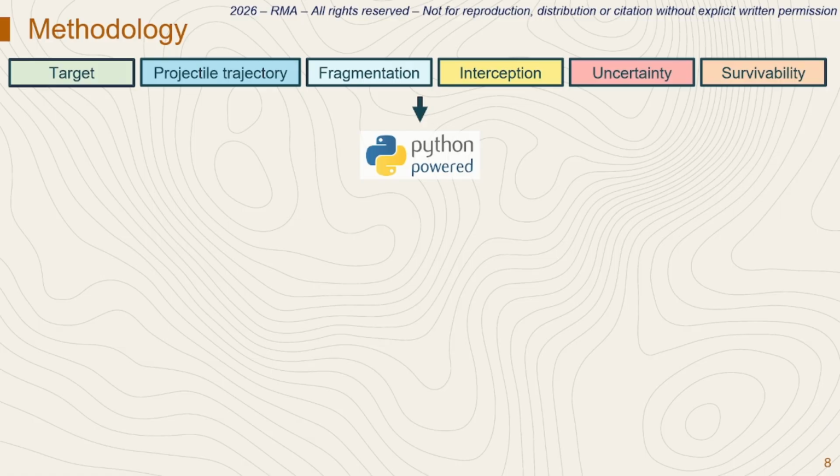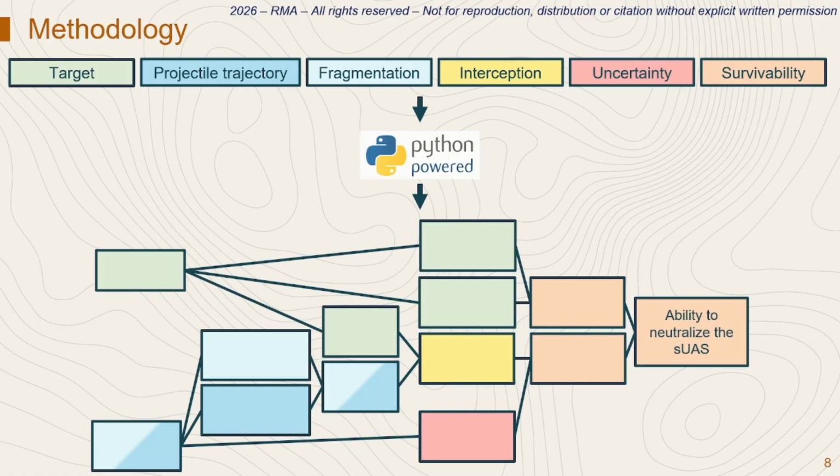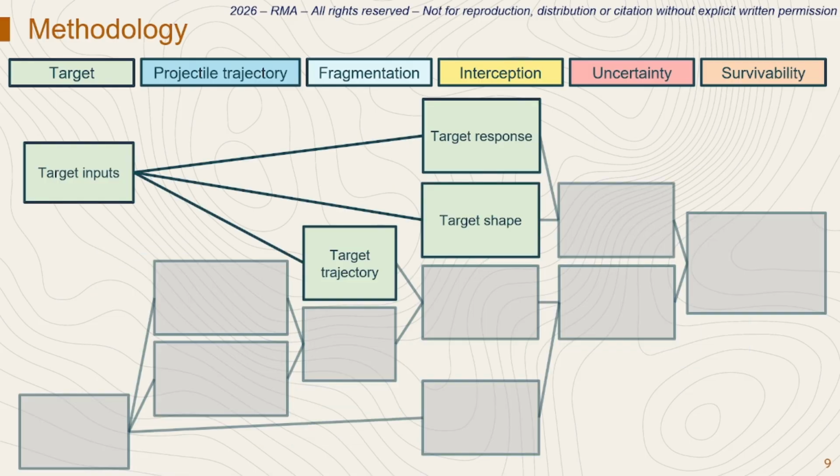We've programmed that into a Python framework, and if you would map out how all domains are related, this is the diagram to use. I would propose to start with the target, and here there are mainly three domains that we have modeled. We'll start with its